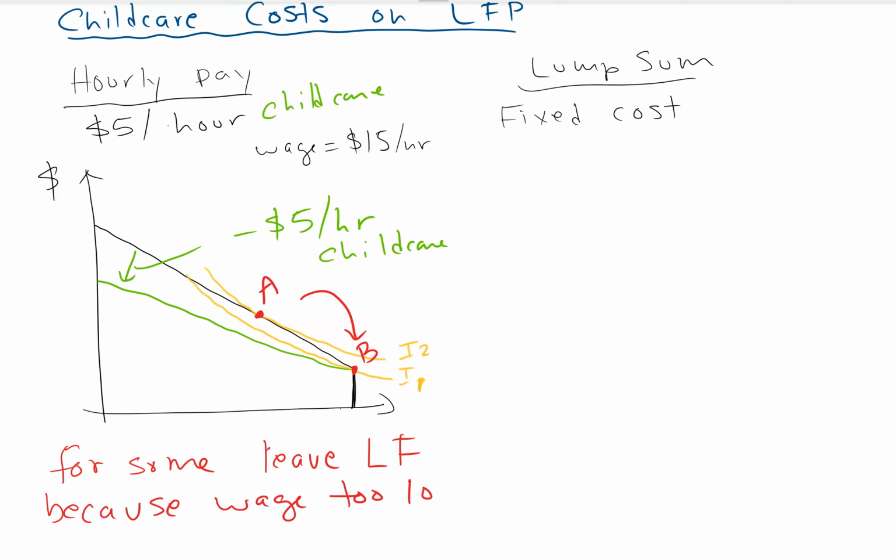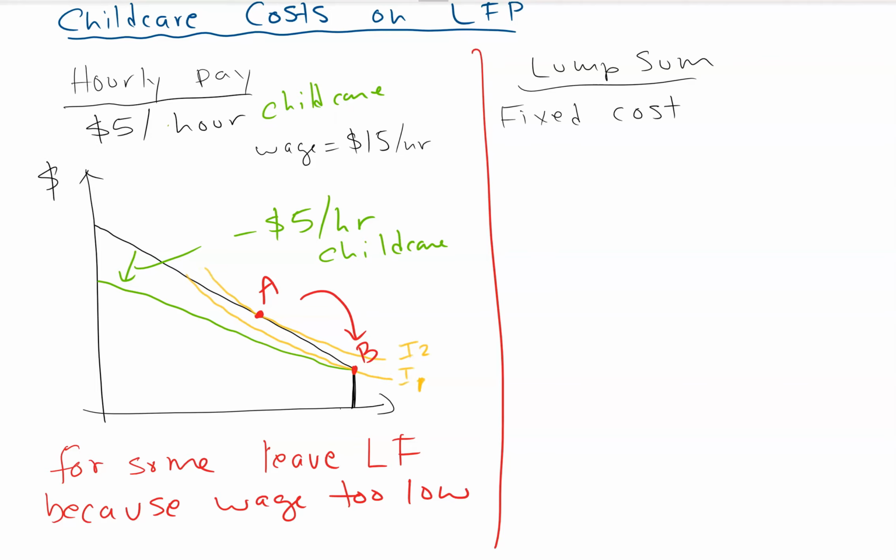So this is the idea. Okay, so that's one way to model it. We can do it that way. So raising childcare costs will tend to have an impact. The impact will be bigger the lower people's wages are compared to the childcare costs. For example, if this person had been a minimum wage earner and childcare cost is $5 an hour, then they will definitely leave the market.